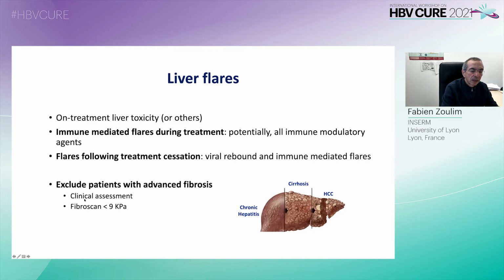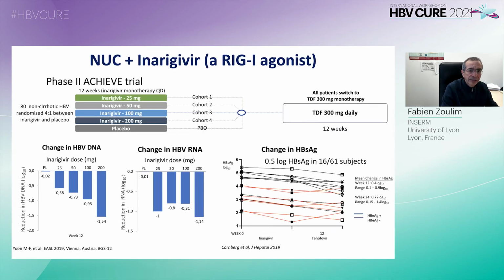And there are also some cutoff values for non-invasive measurement of liver fibrosis, with a FibroScan value of less than 9 kilopascal. Just as a reminder,